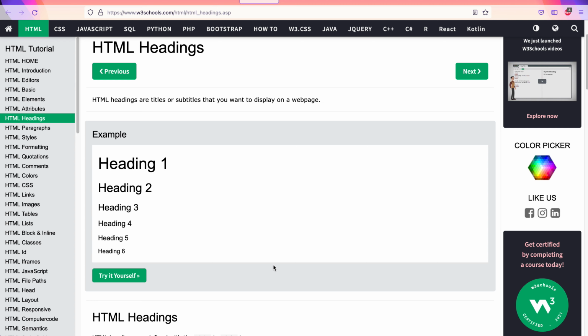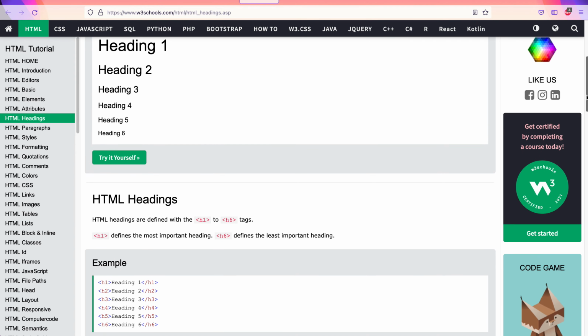Now, technically speaking, you can have as many levels of headings as we want. However, practically speaking, if there is a 6th level heading in the text, then we are not really writing a note or a document, but more writing something like a novel. In which case we have to talk about different parts of the novel and different blocks of the novel and so on. So we try not to use that many levels of headings. We are basically using 2 or 3 levels of heading: heading 1, heading 2, and heading 3. How do we use these headings? How do we do these headings in HTML?